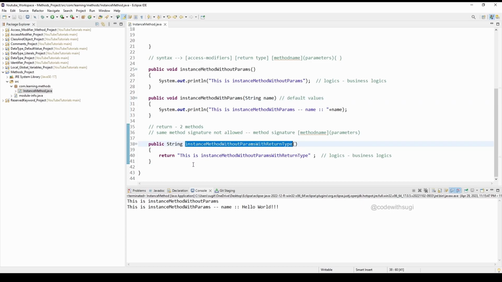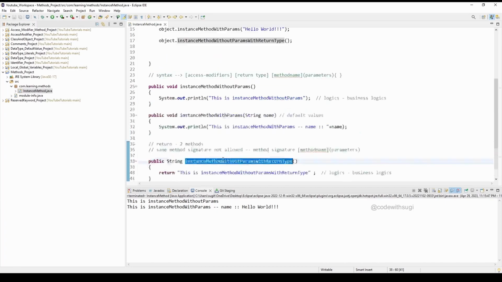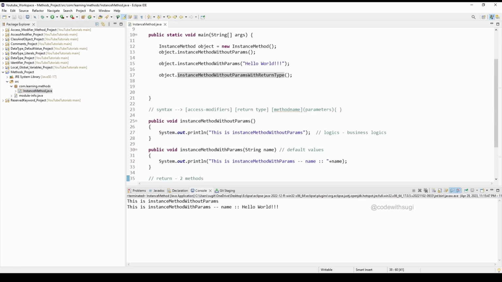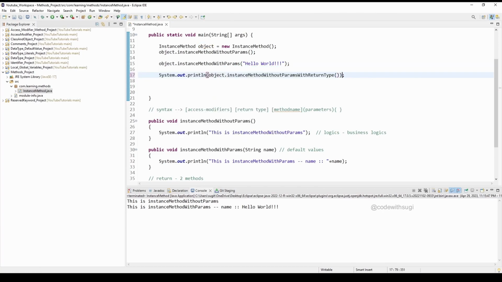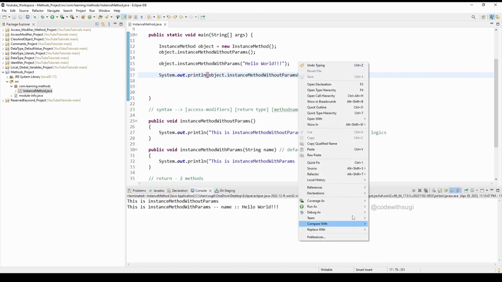Why? Because you just return the value. Here you are not at all printing anything. You just return the value to this method. After the computation, the result is returned to this method, but we are not printing that here. So that's the reason you are not getting output here. So how to print this? Here you have to make a sysout and then put this entire method call inside the println. Okay, and then if you run now,